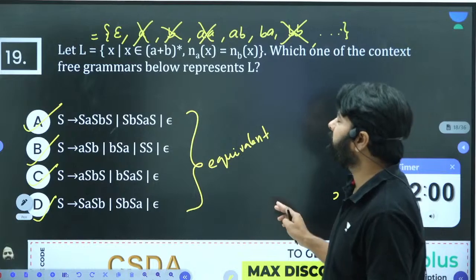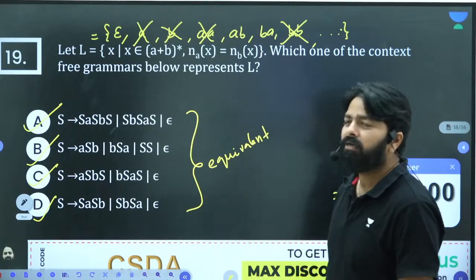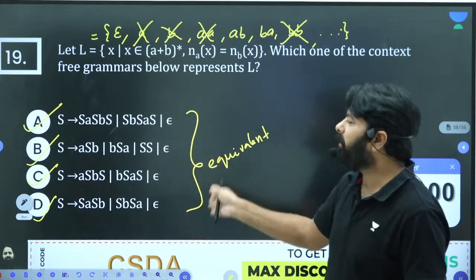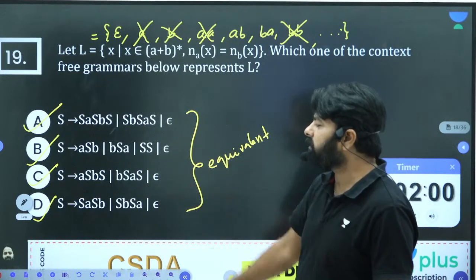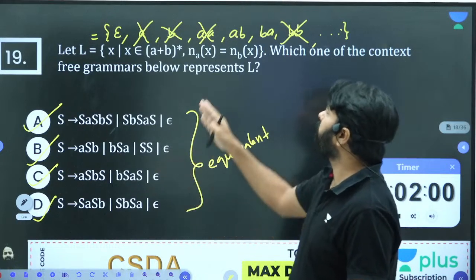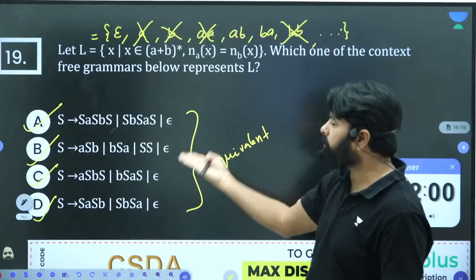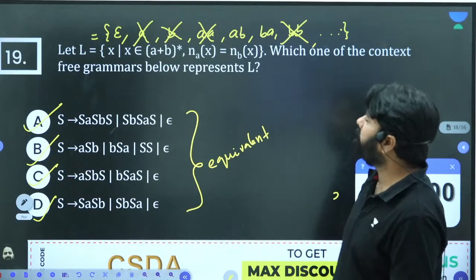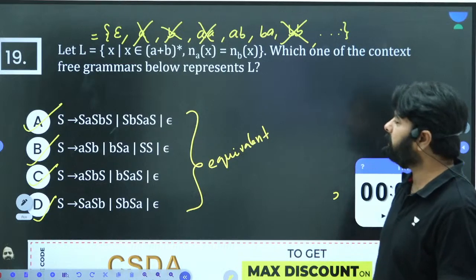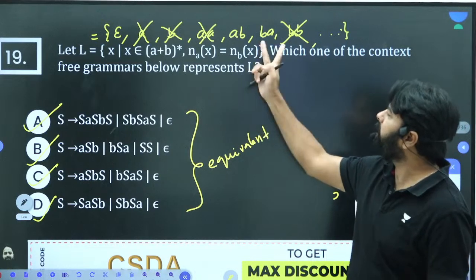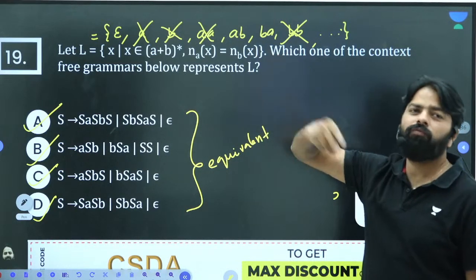It's really one of the good questions, and it takes time. Do not assume that I can explain it in 1 minute. I'm just trying it, but actually it takes a lot of time to analyze all these 4 options. But for each one you analyze, you try to generate up to 3 length, or up to 4 length. 3 length anyhow is not possible, right? Because you want equal numbers of A's and B's. In an odd length string, it is impossible to have equal numbers of A's and B's. So epsilon, and in 2 length this 2, and then directly you should go to 4 length.